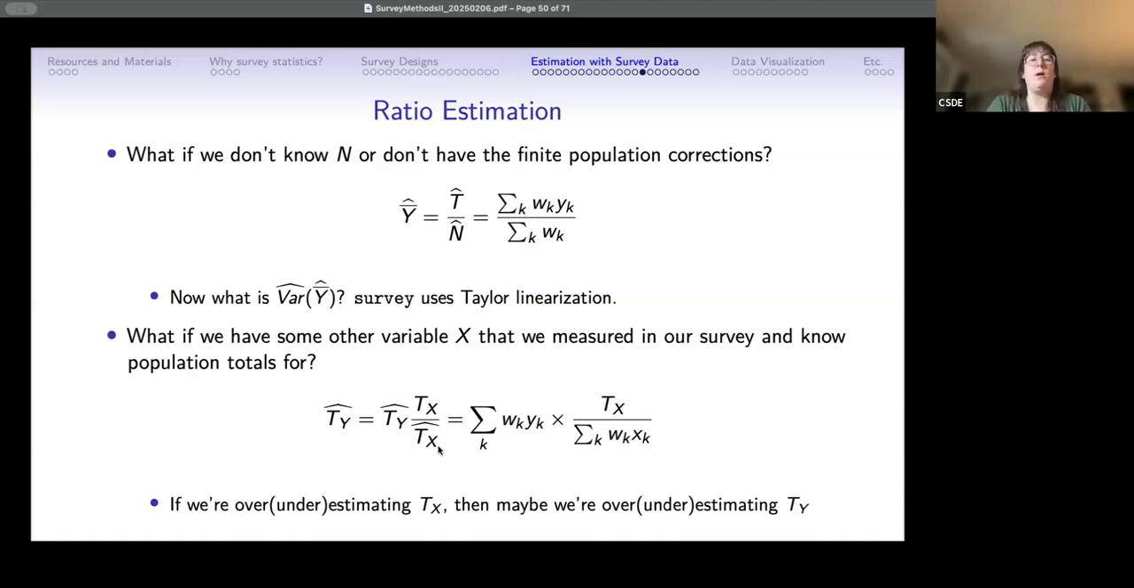But we are probably interested in knowing something about the relationship between these things. But there is some external data source where X has been measured, and we have a pretty good idea of what the true population